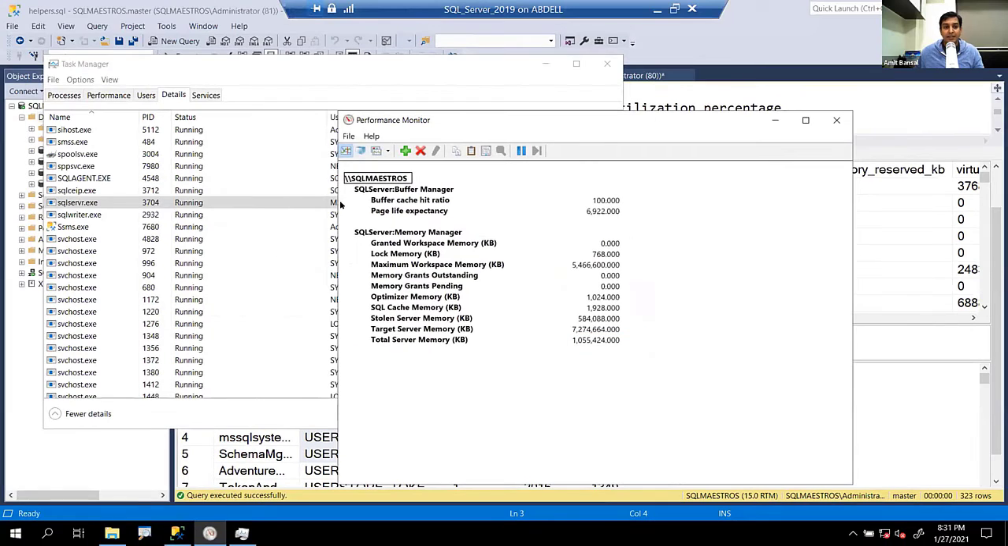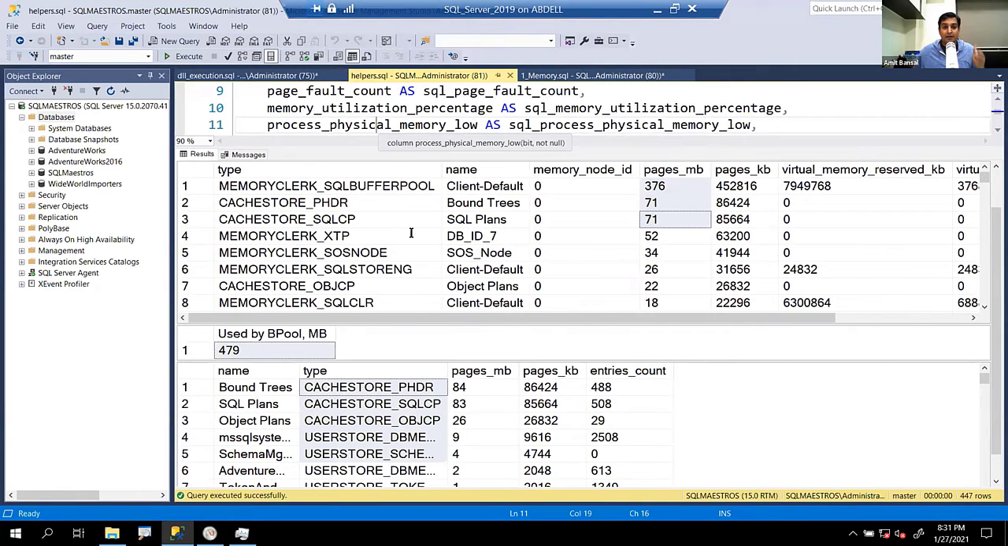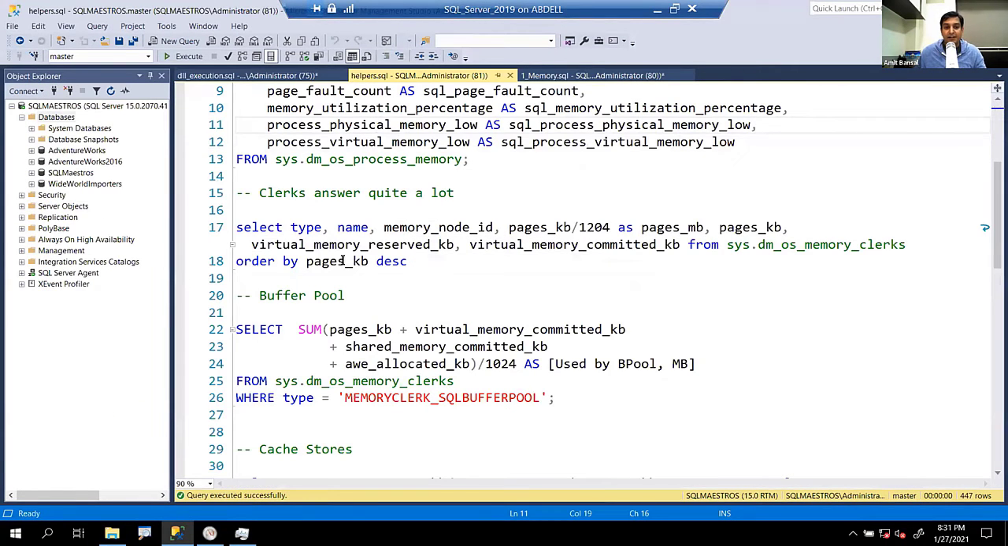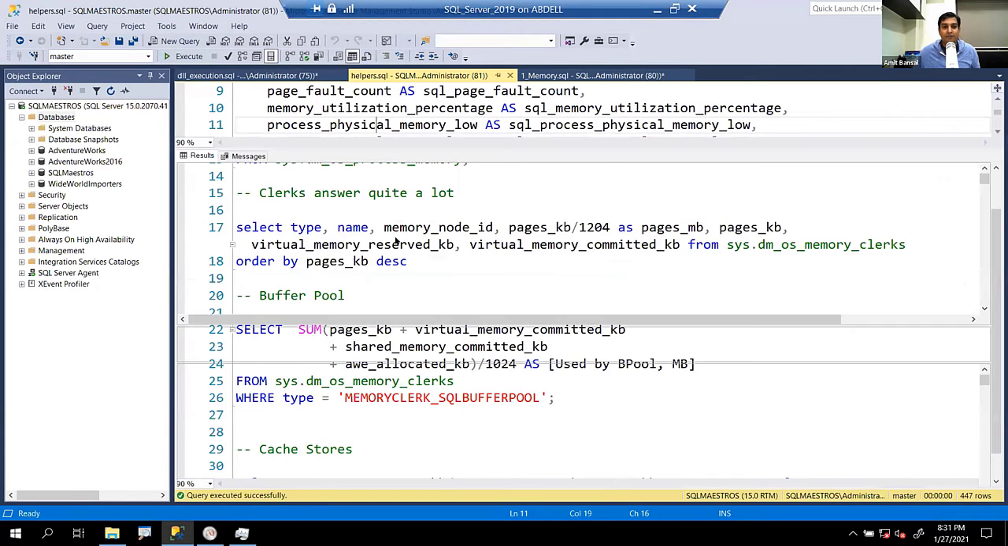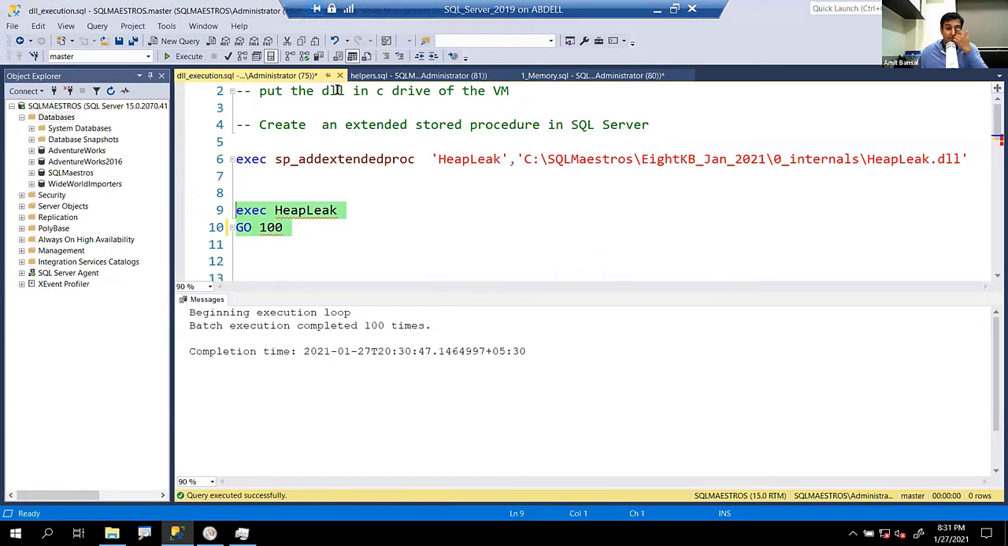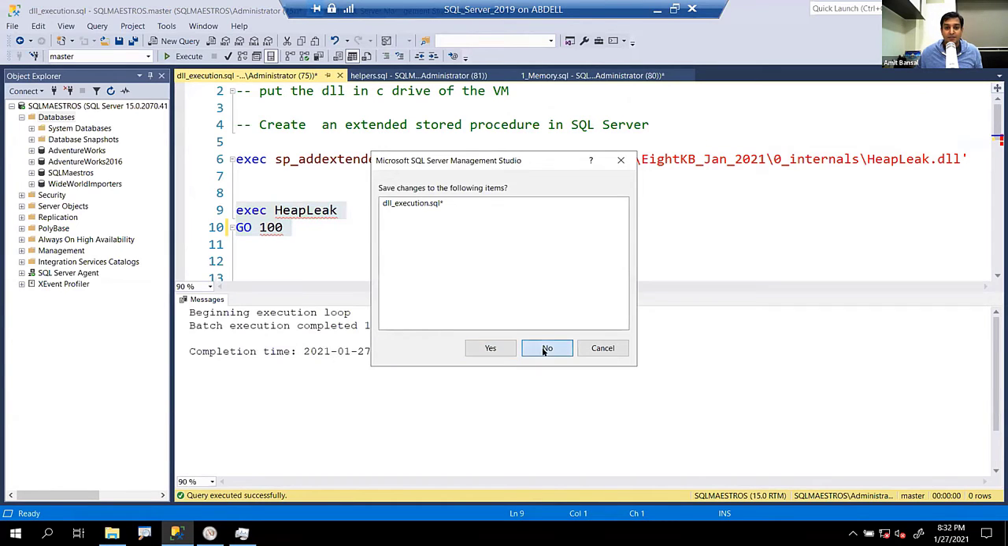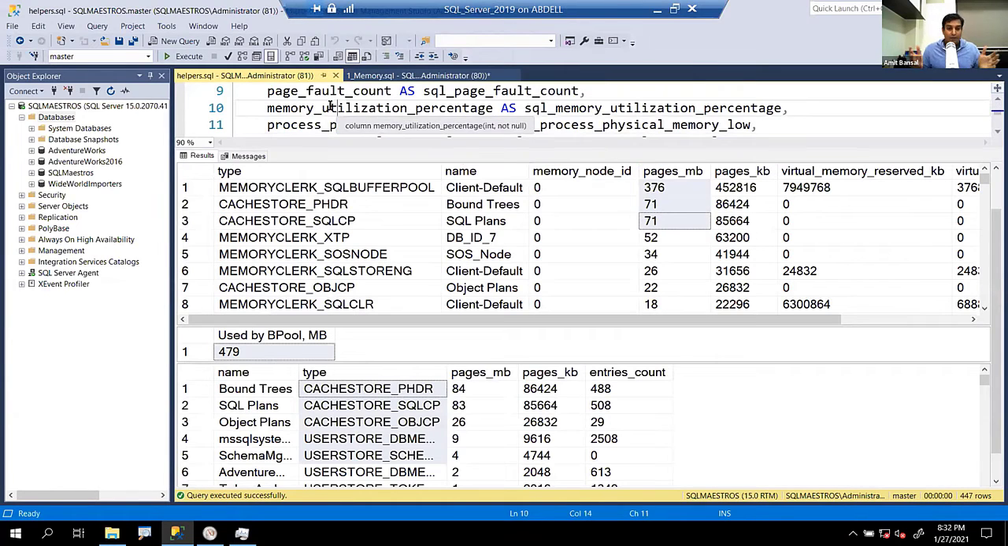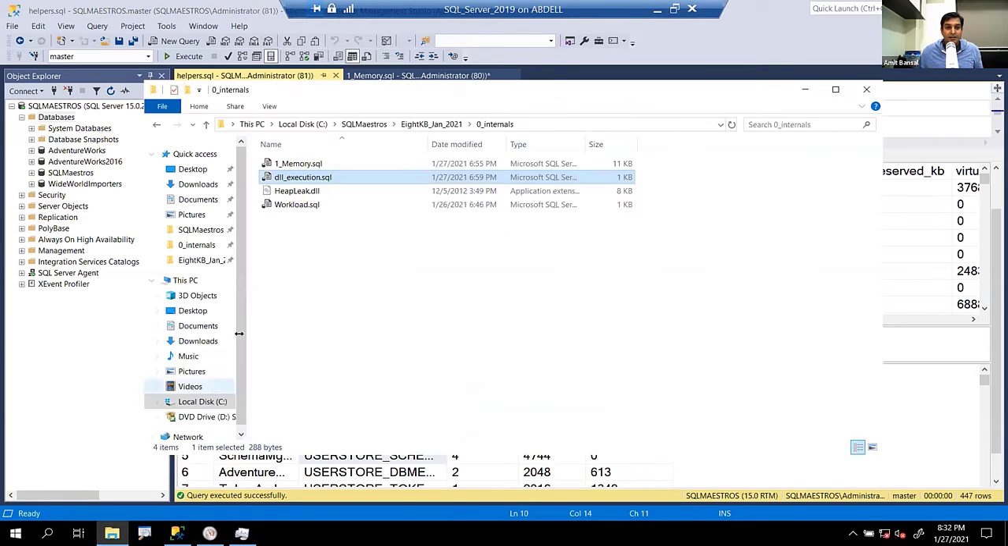But of course, the DMVs definitely show every bit of memory information. And that's what we tried to do with this direct Windows allocation. So let's close this one. Hope this was clear. Well, with internals, we did talk about,